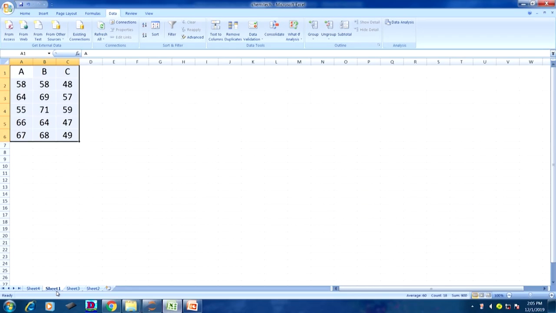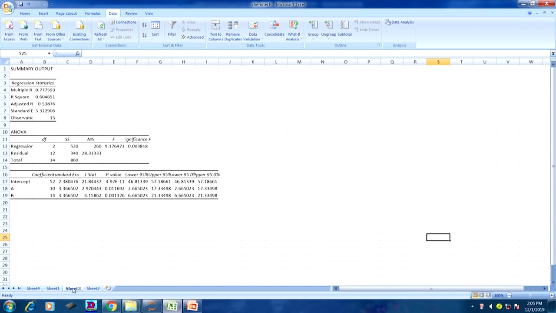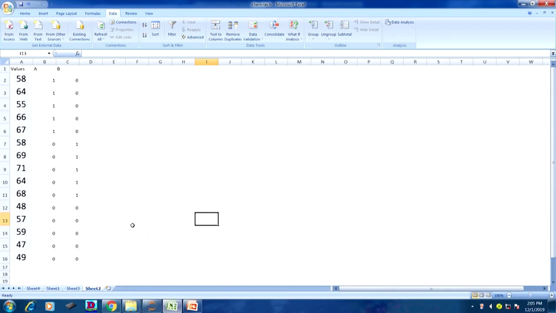This is the given data set. So, what I have done, this is my data after coding. For example, you see that from 58 to 67, this much of the column represents A. So, I have written 1 0 1 0 1 0 1 0. See that here it is up to 1 0 1 0. The presence of 1 represents assembly method A. The absence of 1 represents assembly method B.